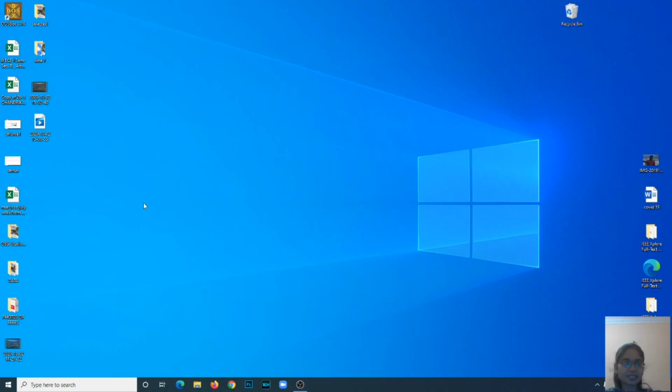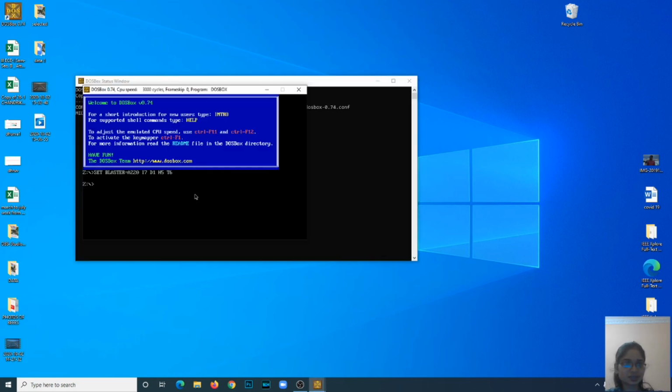To perform this experiment, click on DOSBox and type mount space C space colon 8086, enter. So you get the message drive C is mounted in local directory.